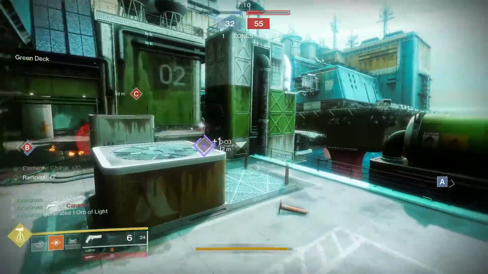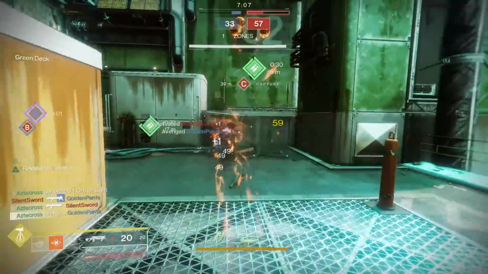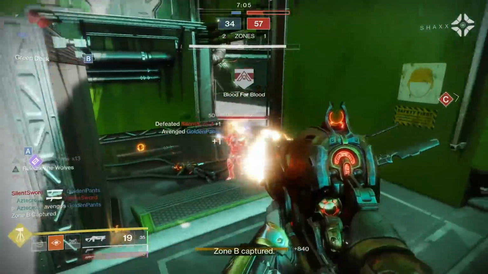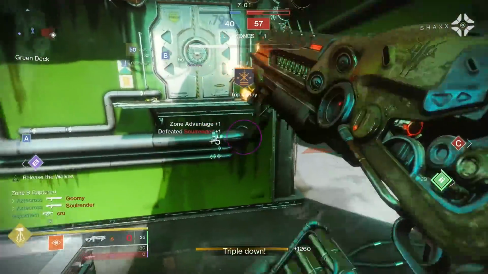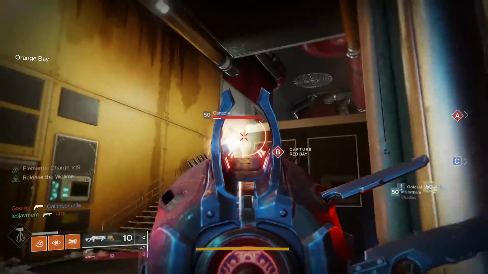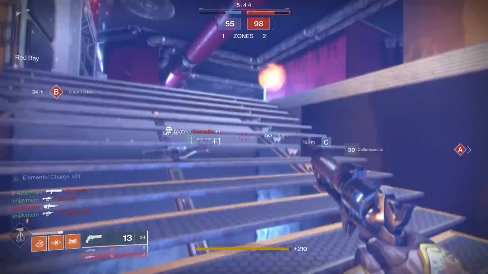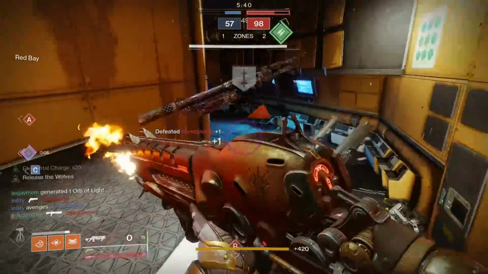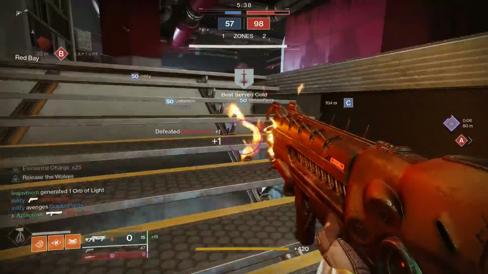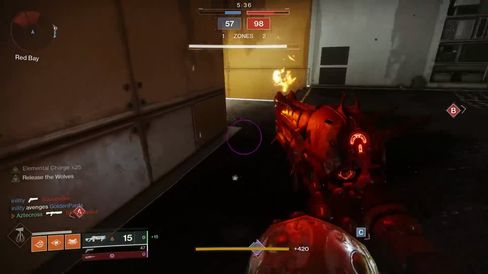understand that scavenger perks react differently when Release the Wolves is activated and when it's not activated, meaning 2 scavenger perks when Release the Wolves is activated gives you 20 shots back, but 2 scavenger perks without Release the Wolves only gives you 15 shots back. Now technically that's 3 shots to 2, but if you're really trying to go the extra mile, and I guess